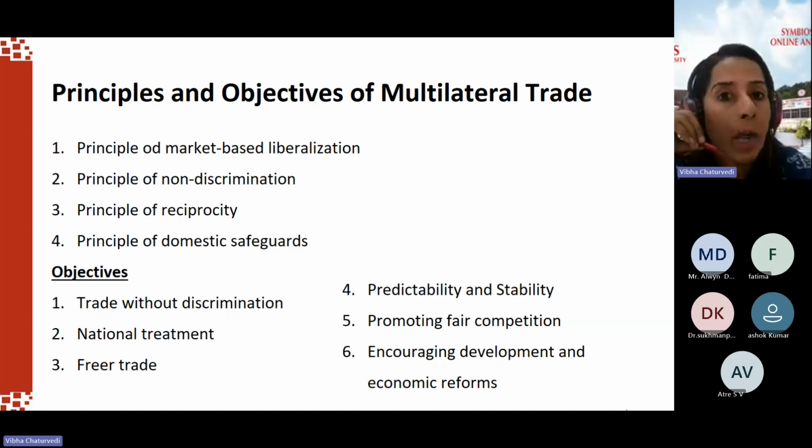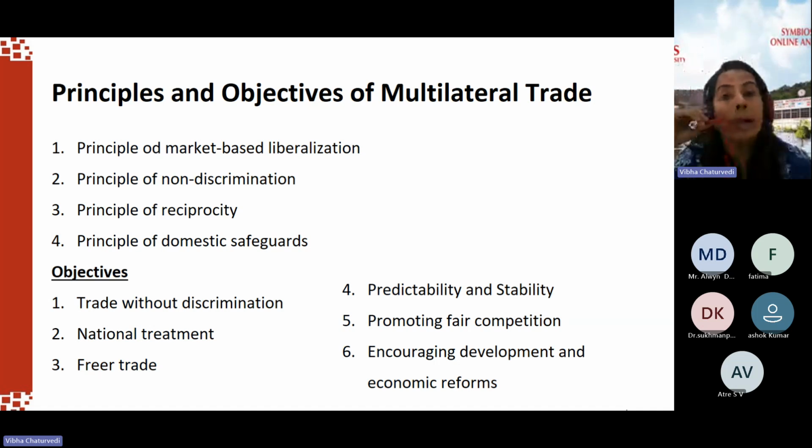It cannot have that kind of discrimination in place on the basis of diplomatic ties or on the basis of the country, region, or religion. It cannot have those kinds of discriminations in place. So it is the principle of